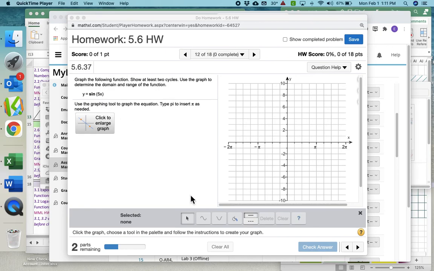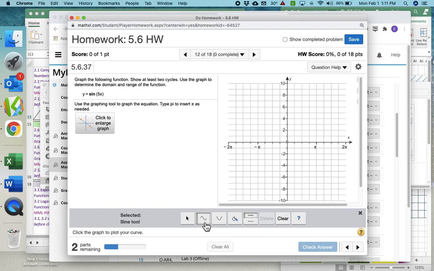5x. And so to graph this, we go down here, and this would be sine and that would be cosine, because sine goes through and goes down and up, or up and down, and then cosine would hit at 1 or whatever the amplitude is and be like a U to start with. So this is sine, then we'll choose the first one, and then it's going to be at 0, 0 for this